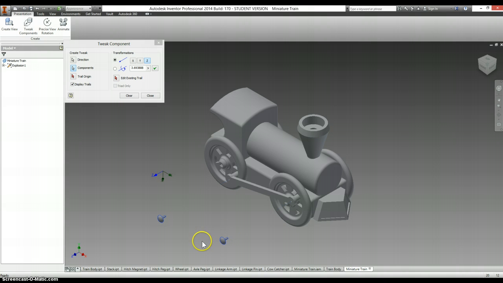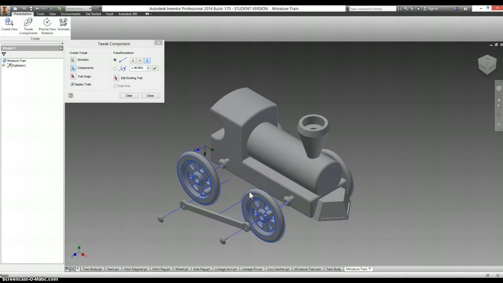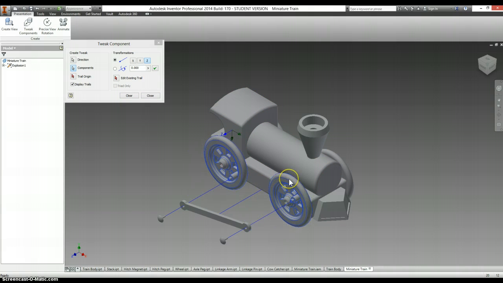I want to drag the linkage pegs out, hit clear. I want to do the same thing for the linkage arm, for the two wheels. Oh, and here's one of those cases where I didn't mean to do that. You have to,